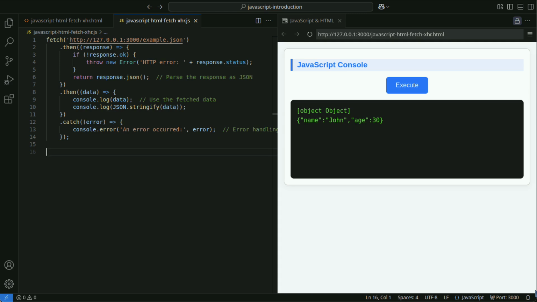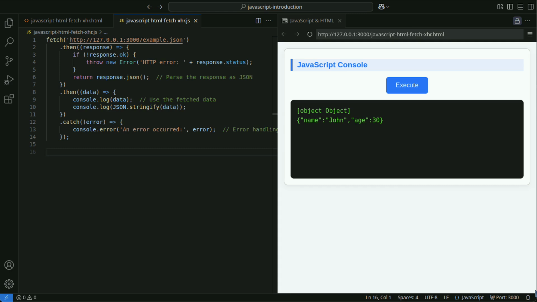This code sends a GET request to the specified URL using the fetch API, processes the response as JSON, and displays the result or outputs an error. The fetch API has the following features. Promise-based. Asynchronous operations can be managed with promises, making the code cleaner and easier to read. Easy error handling. Errors can be easily handled using the catch block.